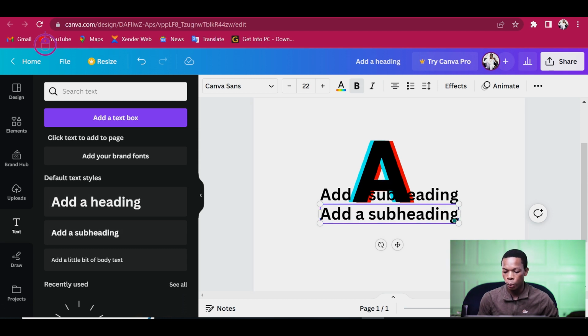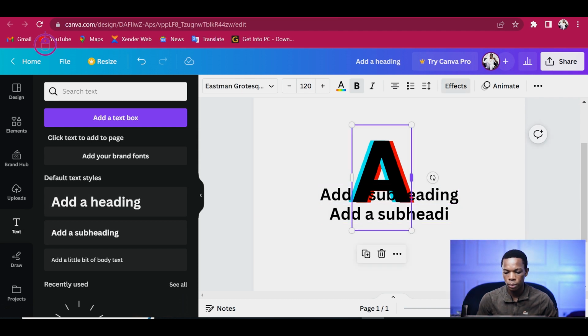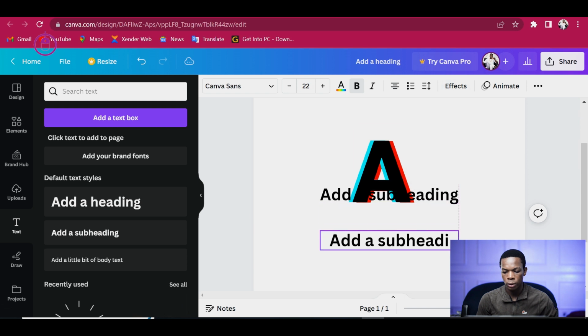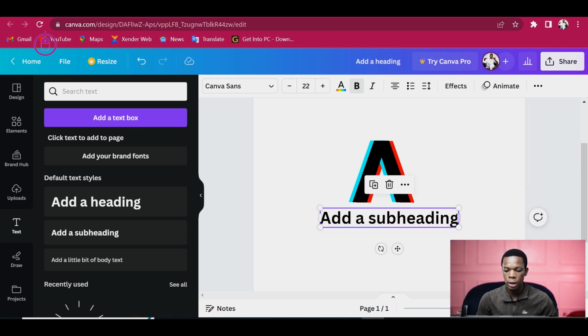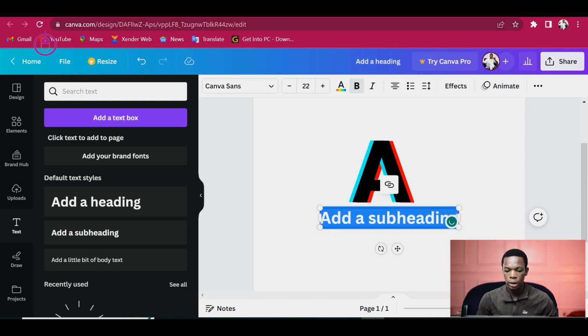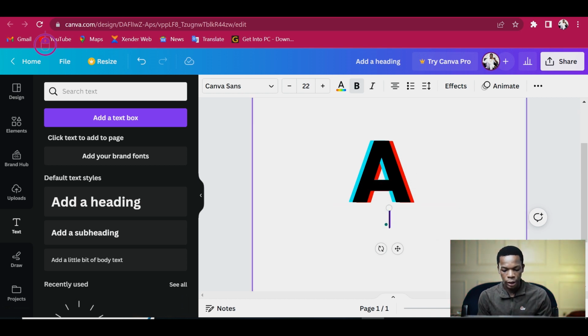Alright, good. So I want this. I'm going to drag this underneath, and let me delete everything inside here. So I can now say, for example, I want to create a logo for myself. I can say Andy's,